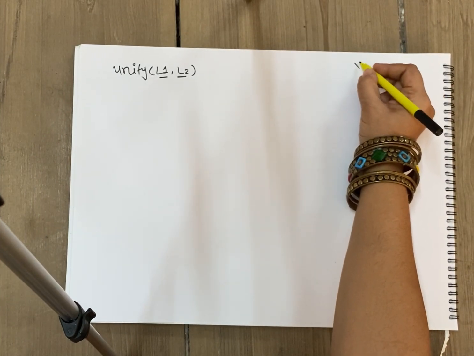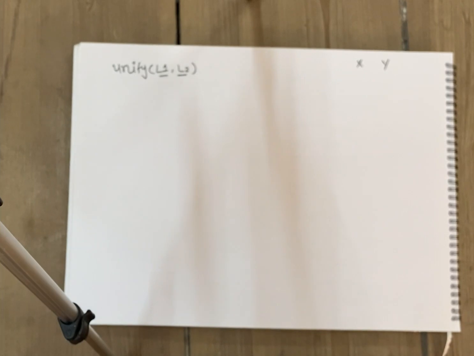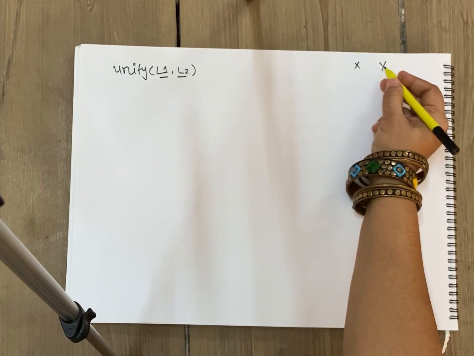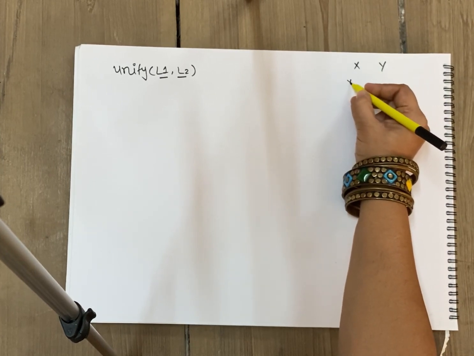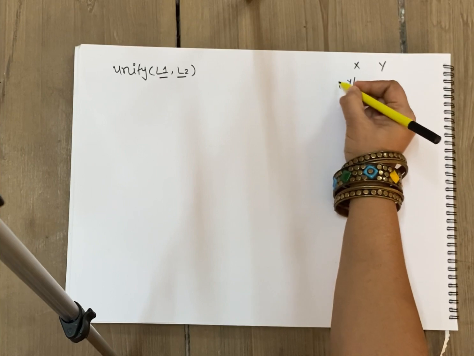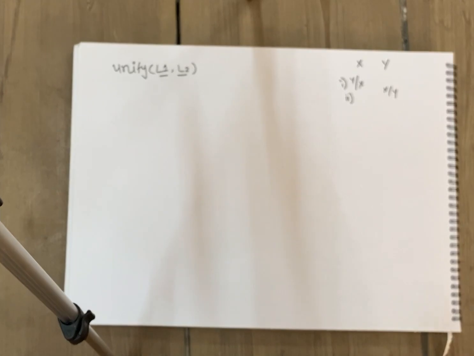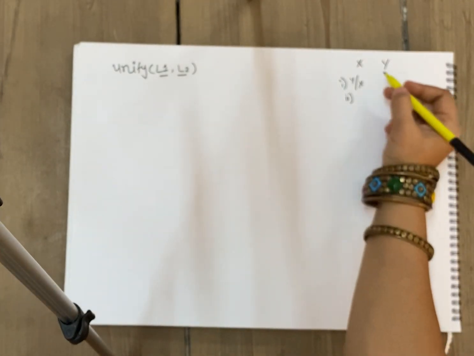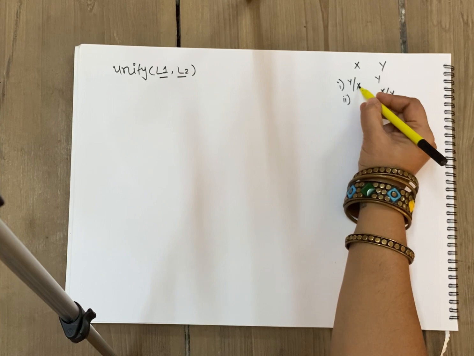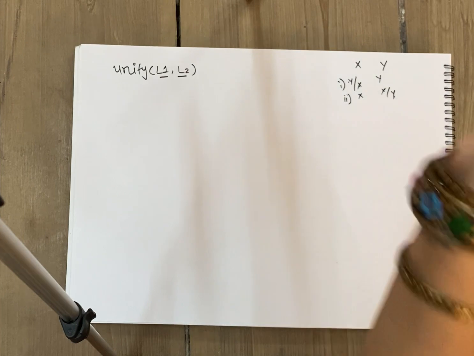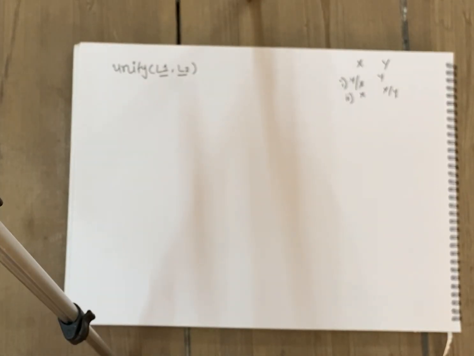Suppose I am talking about variables x and y. Is it possible that I can unify x and y? I can say x and y are equal. Are you getting what I am trying to say? In which condition can I say x and y are equal? X and y can only be equal when either the value of y is stored in x. This is the first possibility. The second possibility is that the value of x is stored in y. In either possibility, what will happen? Then you will have x replaced by y, so you will have y, and here y is replaced by x, so you will have x. So unification is possible. Are you getting what I am trying to say?